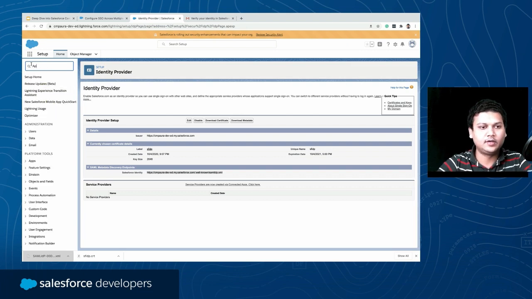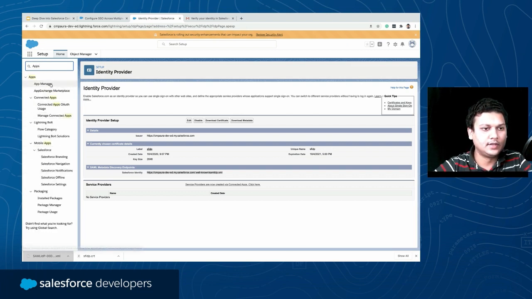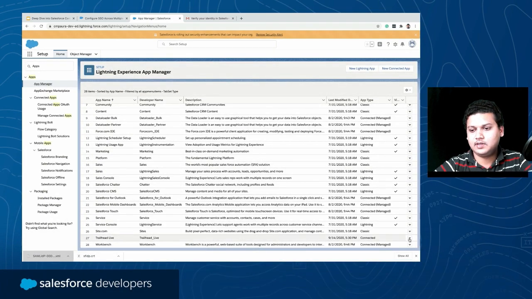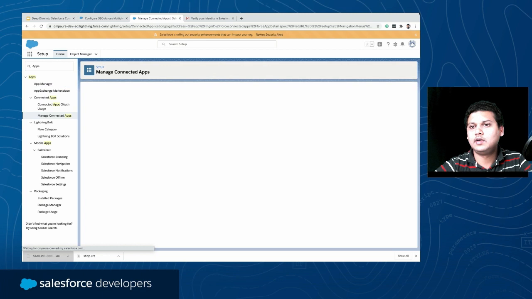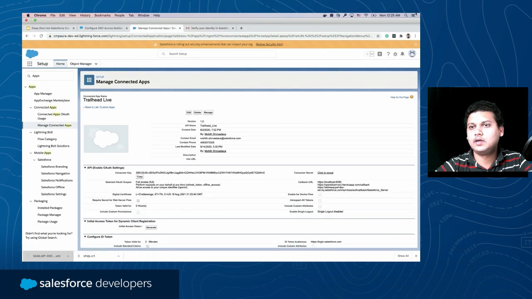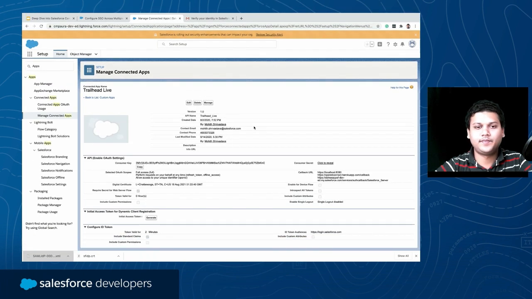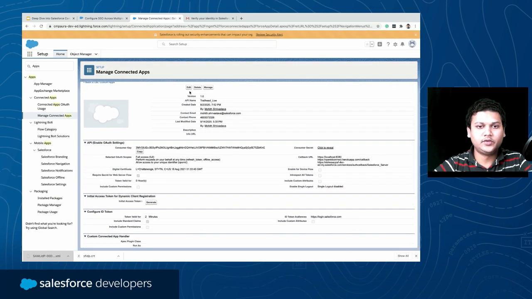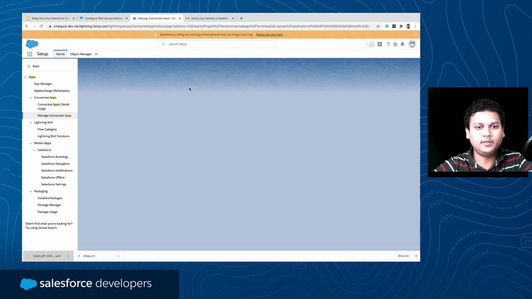Just give me a sec here. Apps. Okay, so here we need to enable the